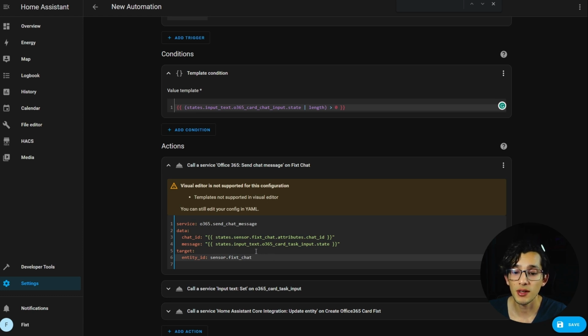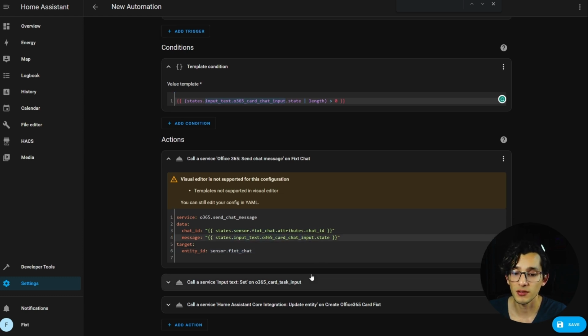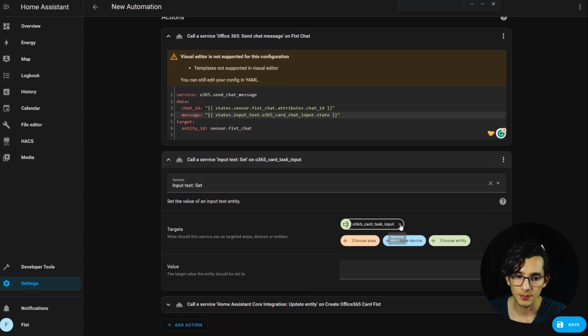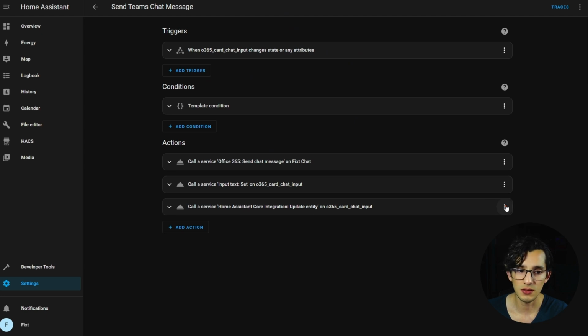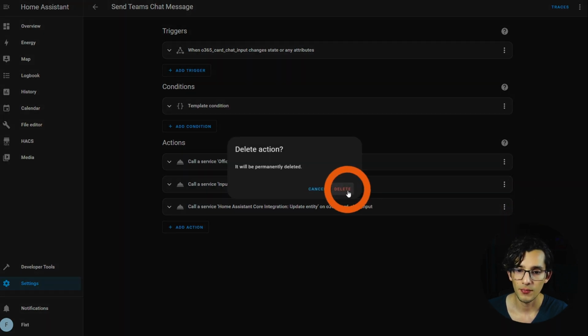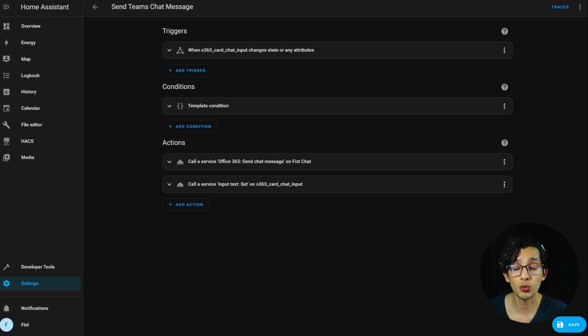Here we just need to update the name of our chat sensor here and here, and in the message we are going to put the input text that we are using. Now we do the same for the rest. And just erase this. Why? Because our text is not going to be shown in the sensor, so there is no point in telling Home Assistant to update it. And now yes, that's it. And after that, click save.